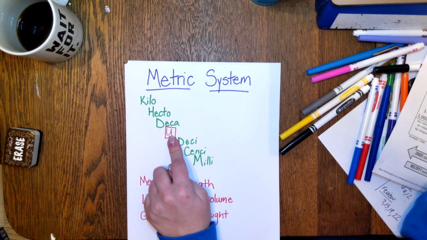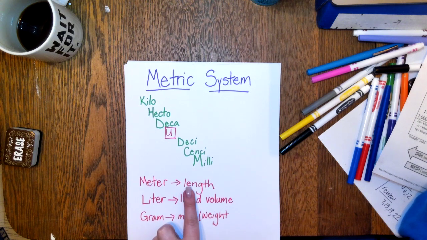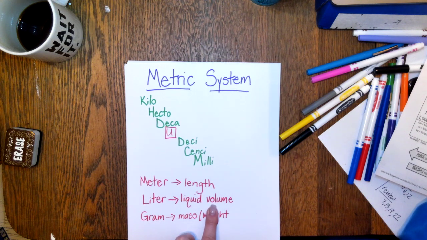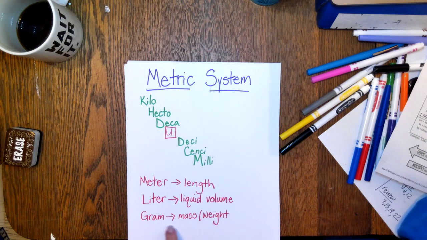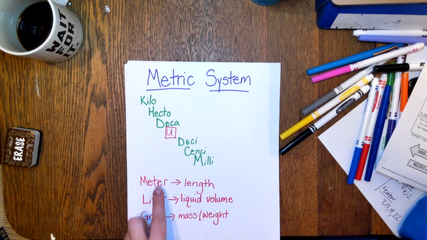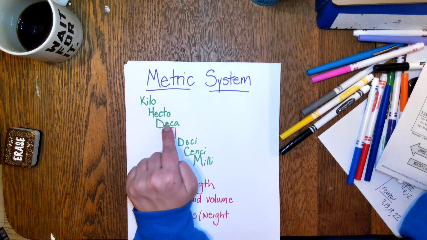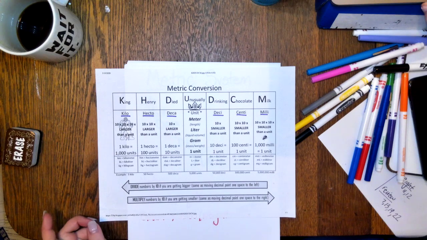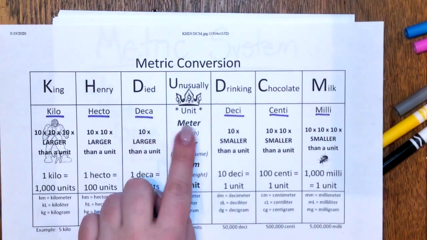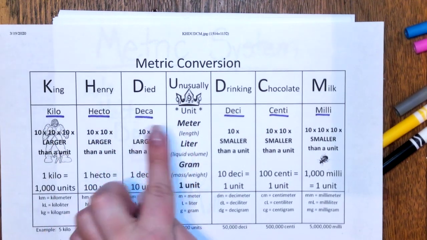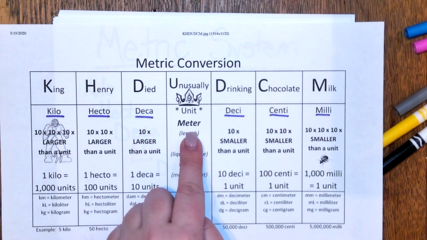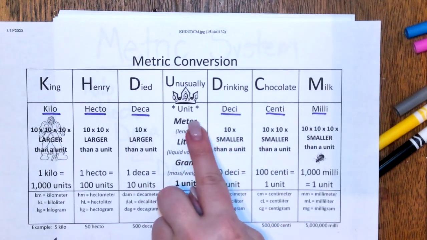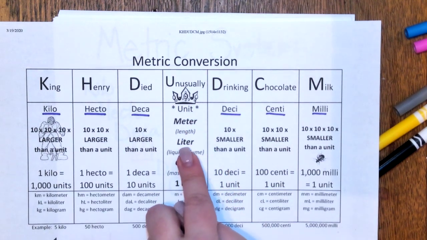For our units, we have meters for length, liters for liquid volume or capacity, and we have grams for mass and weight. With our units, we add our different prefixes. So, for our units, we have kilometers, hectometers, decameters, decimeters, centimeters, and millimeters. For volume, we have